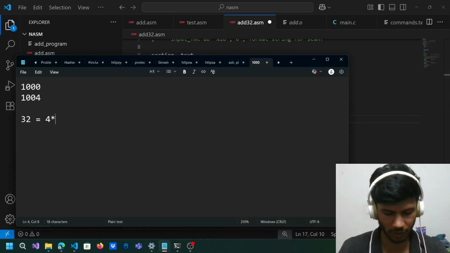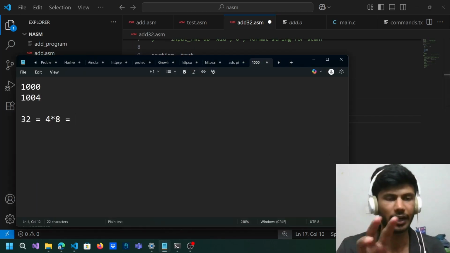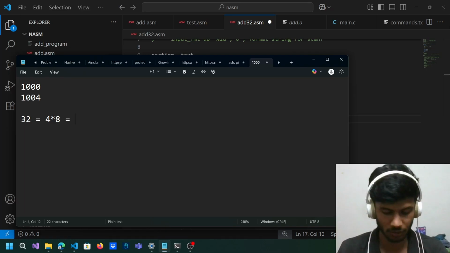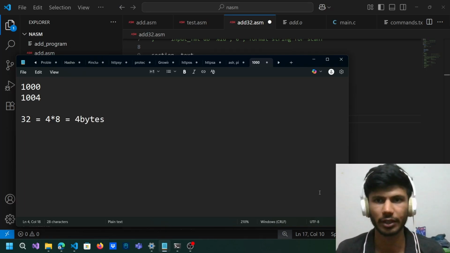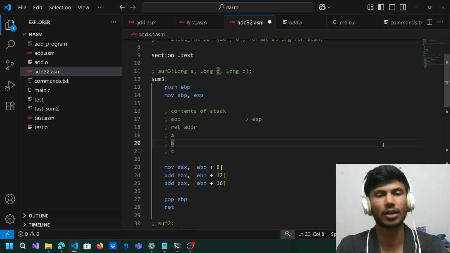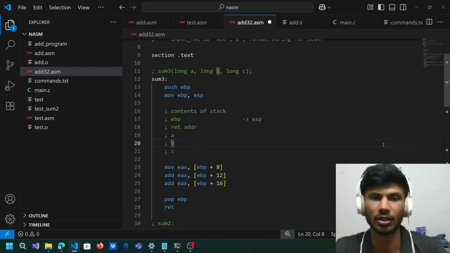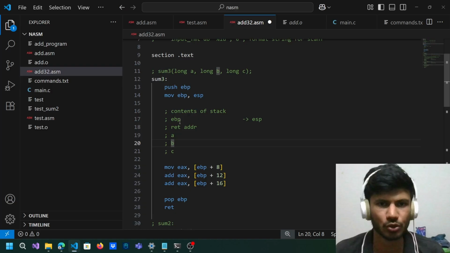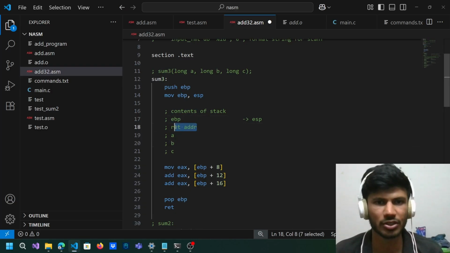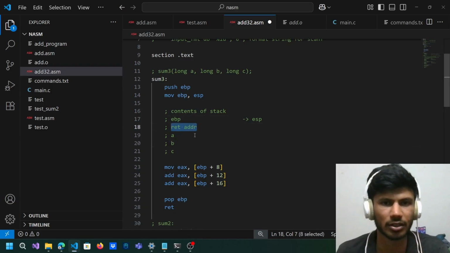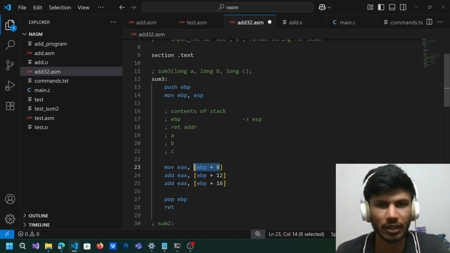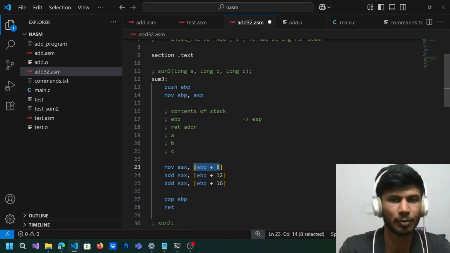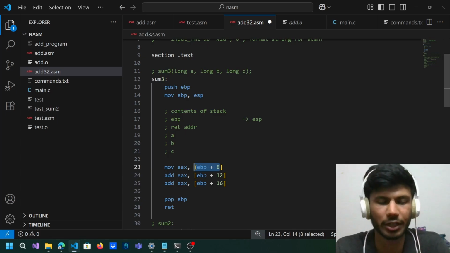32 is equal to 4 times 8, right? 8 bits is 1 byte. So that's 4 bytes. Each address associated with 32 bits is 4 bytes long. So if you do plus 4, you'll reach this address, which contains the return address. If you do plus 4 again, which is plus 8, you'll reach this A. So by doing EBP plus 8, since EBP and ESP are pointing to the same location,